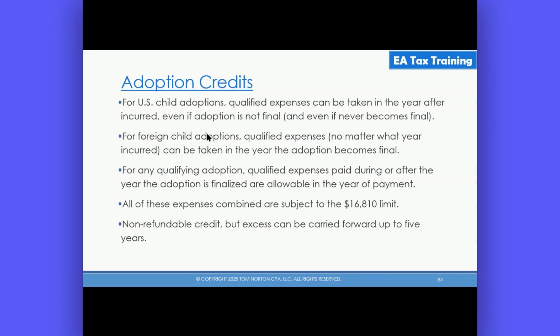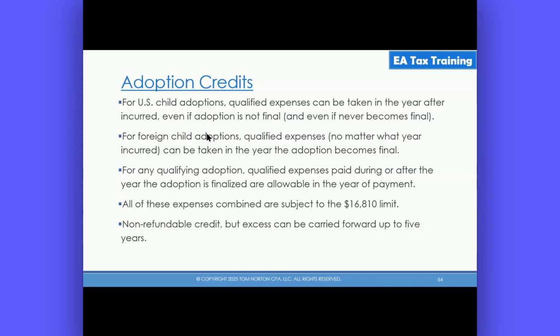It's not even when they were incurred in this case. It's that all of the expenses that qualify can be taken in the year that the adoption becomes final. And notice that for a foreign child, the adoption does have to become final, whereas with a U.S. child, it does not. For any qualifying adoption, qualified expenses paid during or after the year of adoption is finalized are allowable in the year of payment. So you may have expenses even after the adoption is finalized. That's fine. You can go ahead and take the credit for those